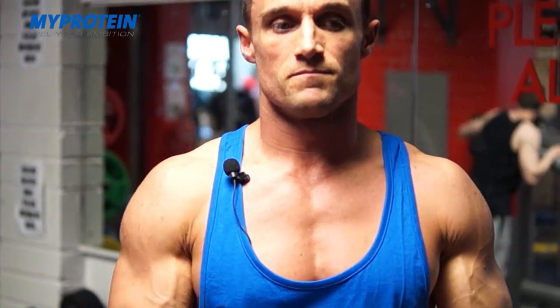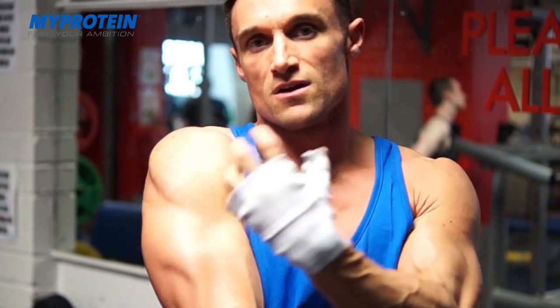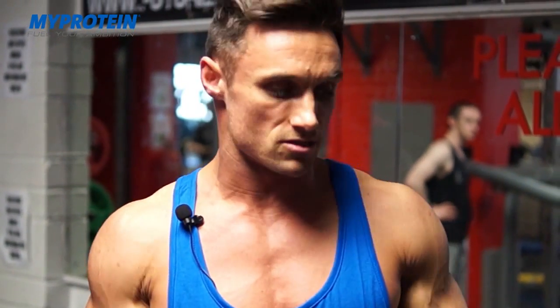Because for me, a lot of the compound movements and your push downs will really thicken out the outer head of your tricep, but you know, you want that nice horseshoe effect. So just to give you that nice horseshoe effect, overhead tricep rope cable extensions, and we're going to focus on